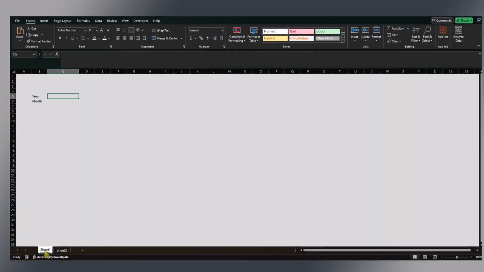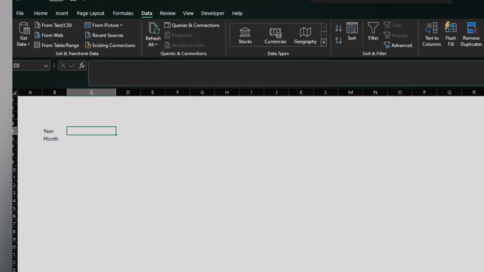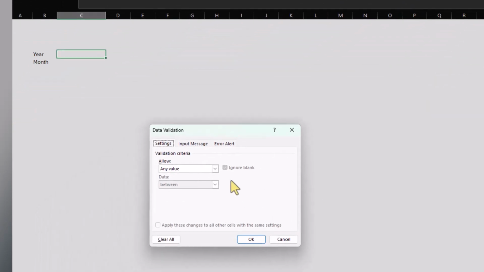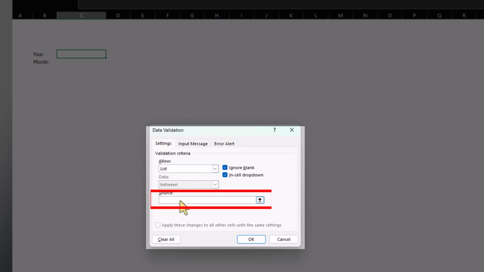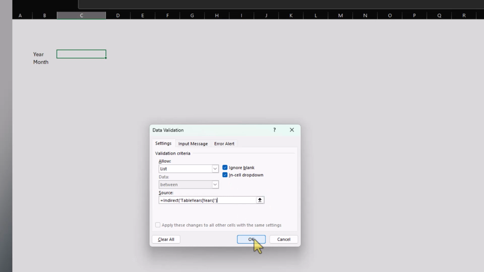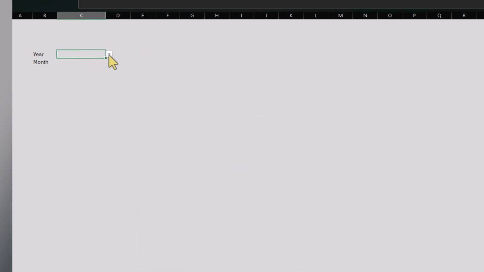and jump back to sheet 1. And now we will select data and then data validation, and we'll create a data validation list. So essentially a drop-down list. So if we select list, we just need to add one more thing to that reference, we just need to use the indirect formula to reference that table. So if we do that, double quotes, we paste in our table name and our column, double quotes again, close bracket, and now if we select OK,